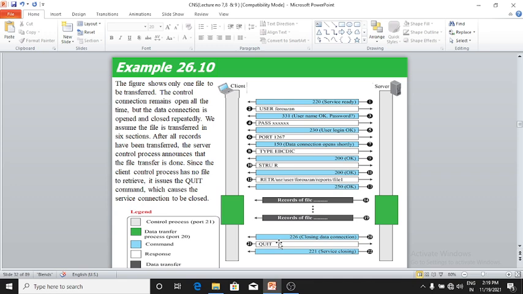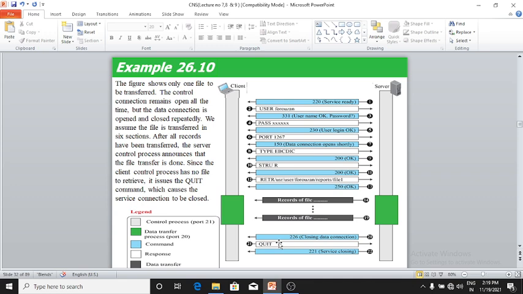Here the figure shows one file to be transferred. The control connection remains open all the time, but the data connection is opened and closed repeatedly. We assume the file is transferred in 6 sections.